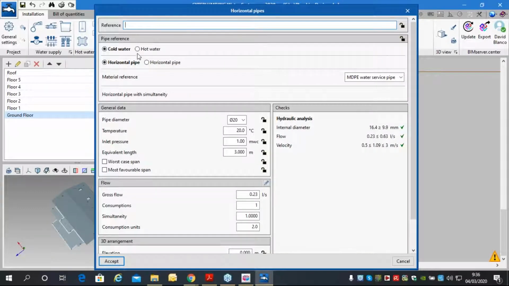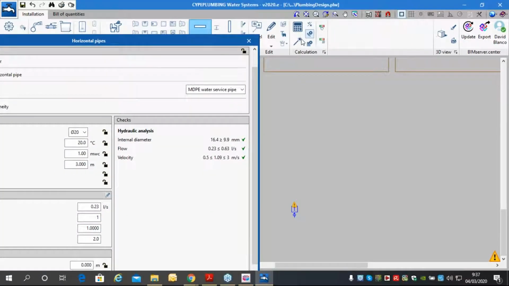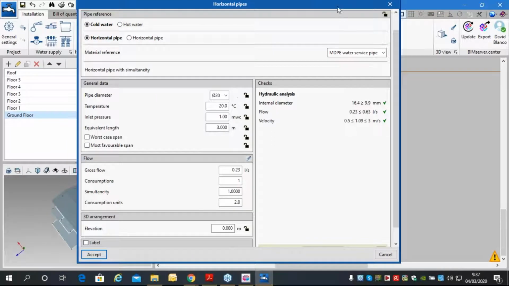Okay, so this is the cold water horizontal pipe. In this software, you will always see these locks that are blocked or unblocked. The lock means that it's something that is going to be analyzed automatically by the software. If you block it, the software is not going to touch it, and you're going to maintain your criteria. So it's up to you. For example, the diameter, temperature, etc. All of this data is already taken by the software if we are going to design automatically with this tool, because this software can check manually with the verification results with a calculator,